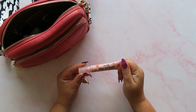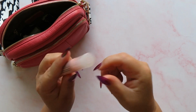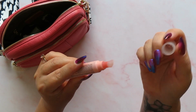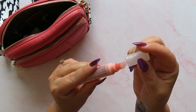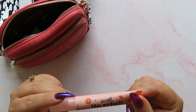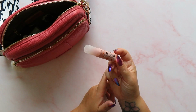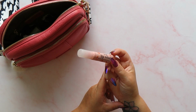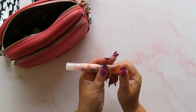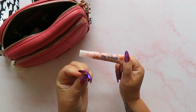The next thing that I've got in my bag is this Barry Lip Rehab, and this is not a lip scrub. It's not got any gritty bits in it. It is smooth, but it's got a lot of moisturising properties in there. It's more of a mask than a lip balm. So I'll wear this if I'm sat at somebody's house and I think, oh, my lips are a bit dry, I'll put it on because I don't really care what I look like. But I wouldn't put it on if I was walking down the street because it's very, very, very sort of